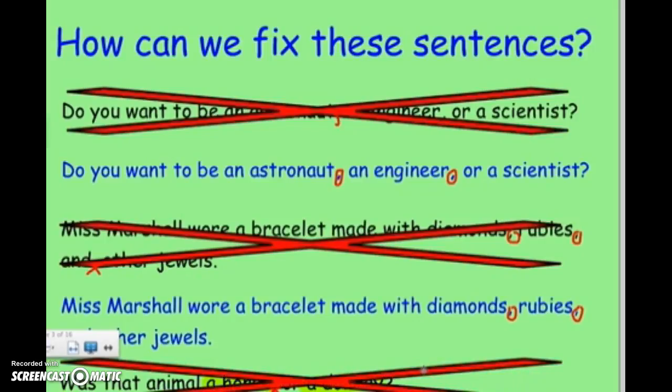So just to review, we use commas in a series when we have 3 or more items in our list. And we put the comma